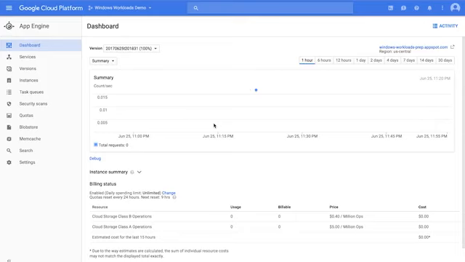So let's get started. You can see that we're looking at the App Engine user interface. We've already created an App Engine environment inside our project. All we need to do now is to return to our Visual Studio environment and publish, this time selecting App Engine as our chosen target.